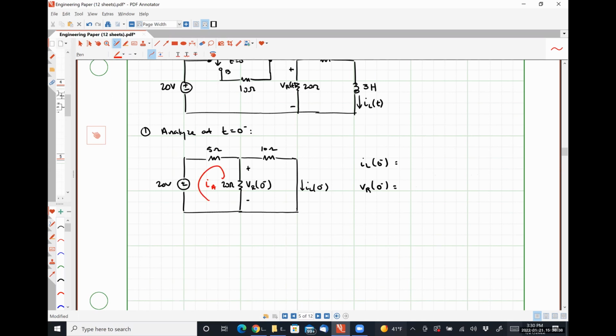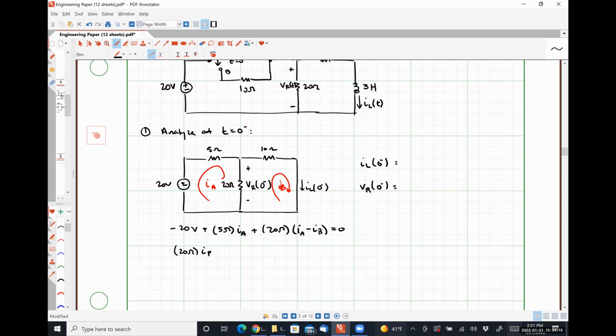Let's call this guy IA, this guy IB. So we don't have any super meshes or anything like that that we need to worry about, so we can pretty much just directly apply KVL around these loops. So it's going to look like negative 20 volts plus 5 ohms I1 plus 20 ohms IA minus IB is equal to 0, and then